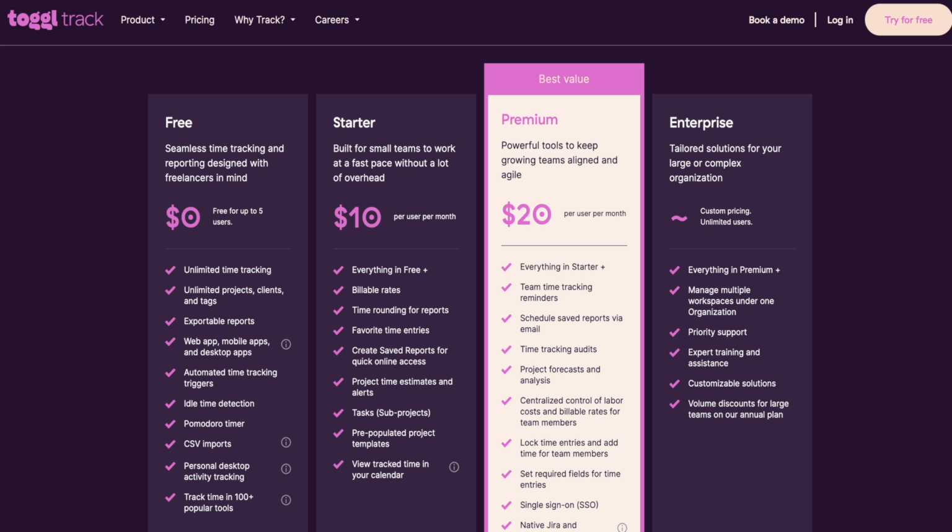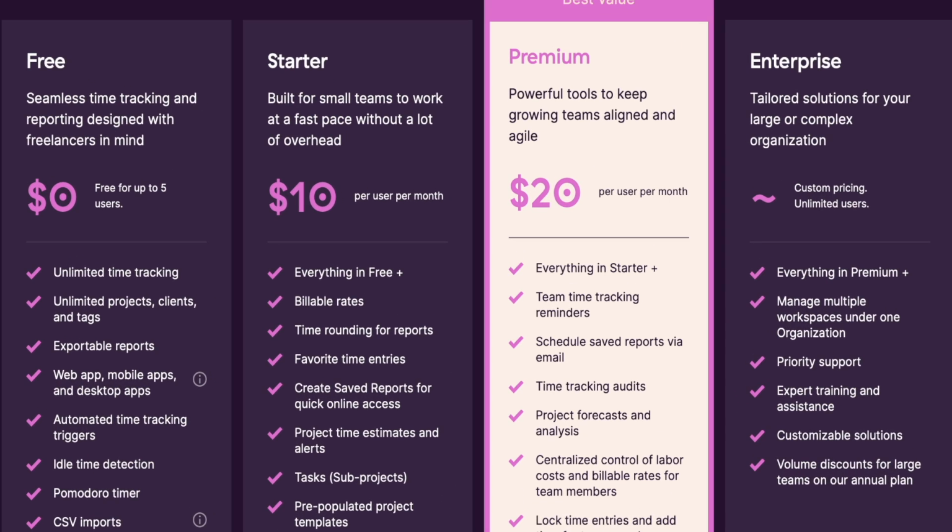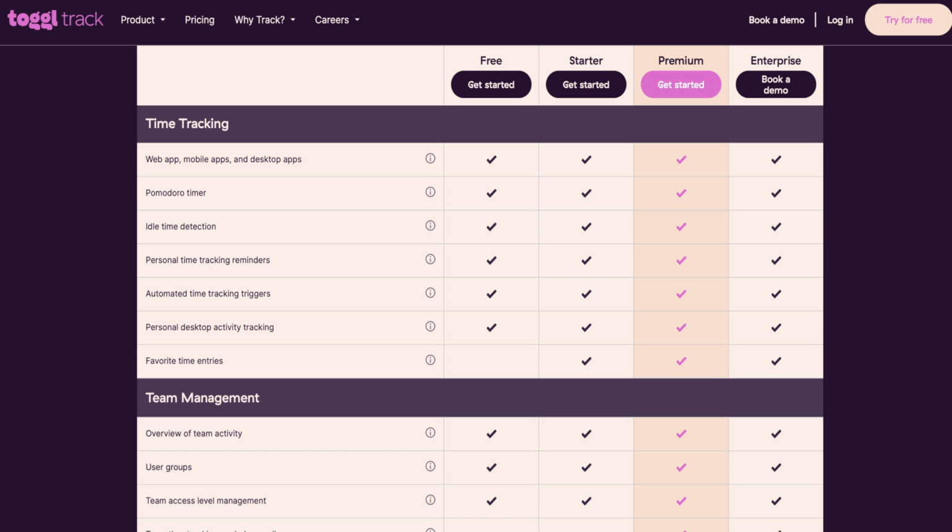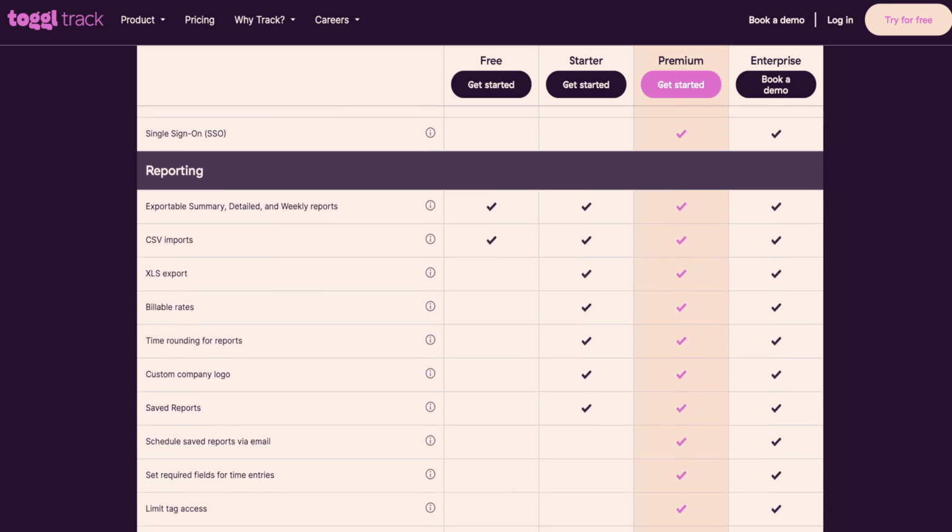Now, to be honest, the pricing is pretty decent too. They have a decent free plan, and that's really suitable for solo users, but they also have a $10 per month pricing with the billable hours in it. So just make sure you note that the billable hours feature isn't available in the free plan before you get started. But to be honest, if you're using this on a routine basis, it pretty much pays for itself, because